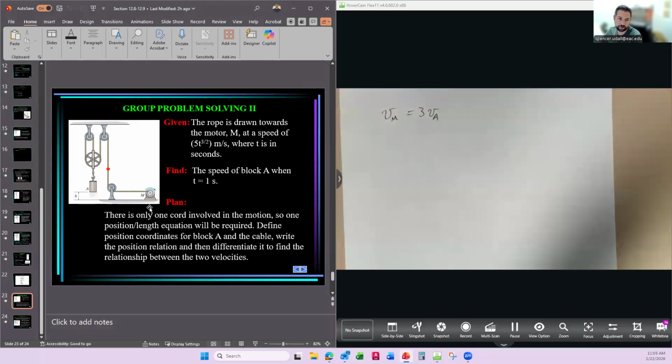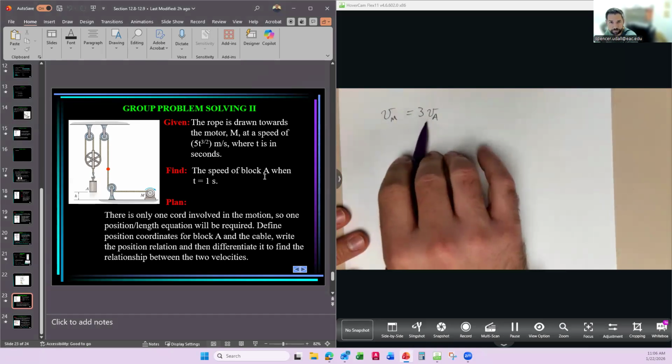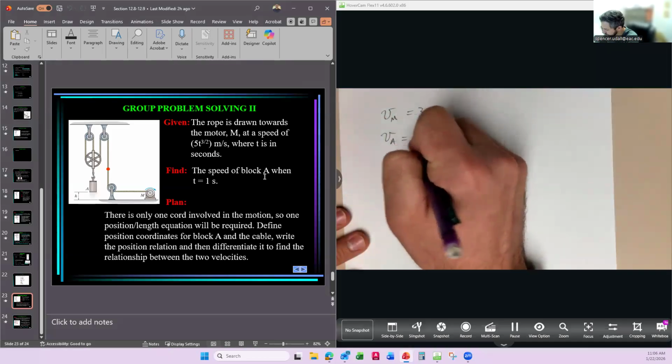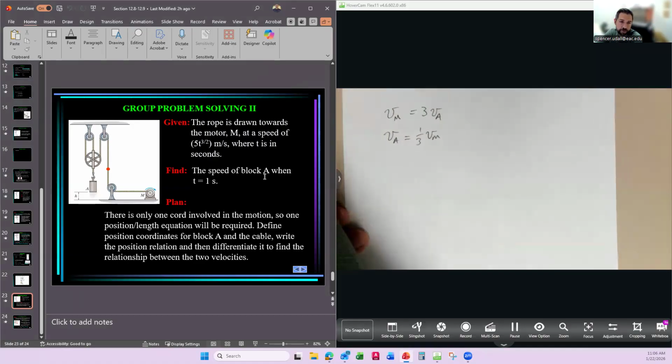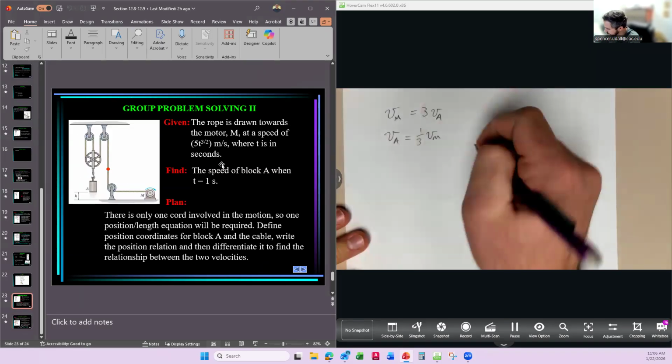And it's a little weird because the velocity of the motor goes to the right. We could just call that positive. This would also be positive. So I'm not too concerned about that. Really, the relationship is this that we want to know, right? So if we want the speed of block A, it would be a third of the speed of the motor. So now we just need what the speed of the motor is, right? If the speed of the motor is this function, 5t